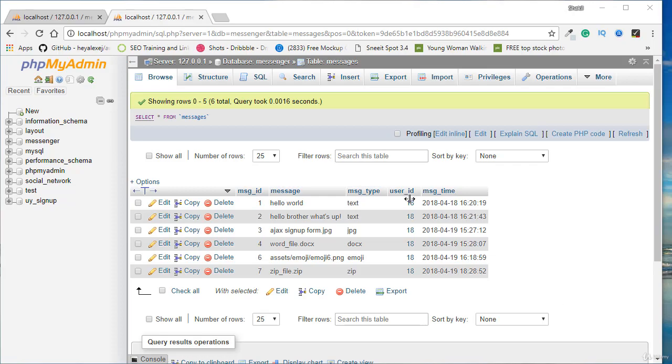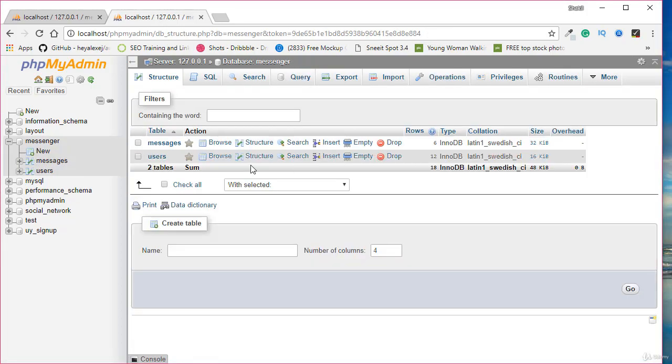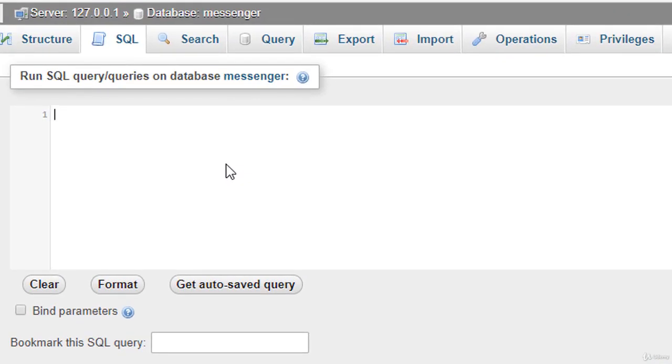Now let's go with an example. Click on the messenger database. Now click on SQL. Here I want to select the matching data from the messages and the users table.